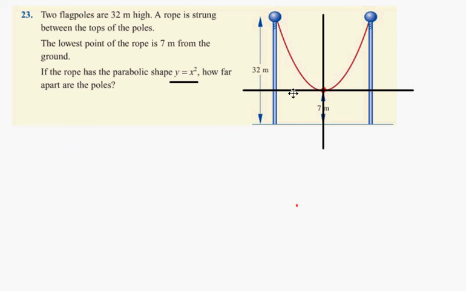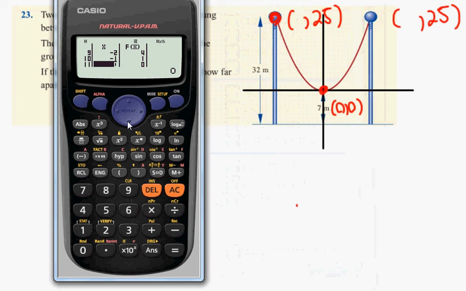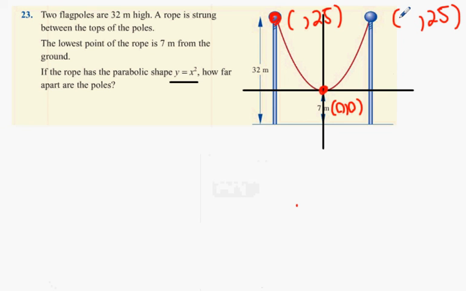Does that make sense? Now, from a purely height perspective, this is 32 meters tall, and this is 7 meters tall. What's the difference between the two of them? 25. So, in theory, there's a difference of 25 meters. So if that's 0, 0, and I remodel this on the y equals x squared curve, that would make this one something, 25, and the other side something, 25. And if we look through our numbers, where is it 25? 5, and the other side minus 5. Okay, so this is the point 5, 25, and if we consider that point as 0, 0, how far apart are the poles? Minus 5 all the way to plus 5? 10 meters wide. Are we okay with that? Okay. So that's